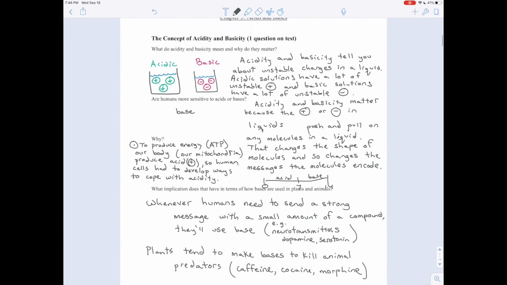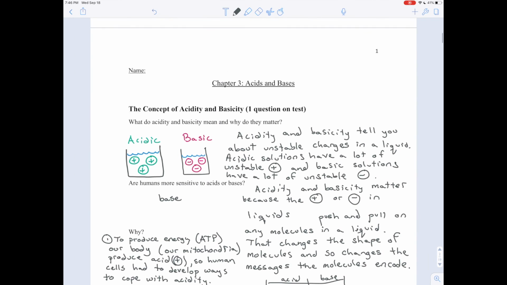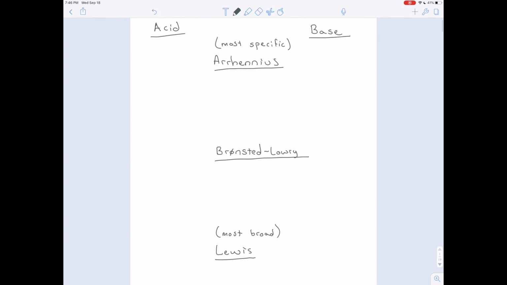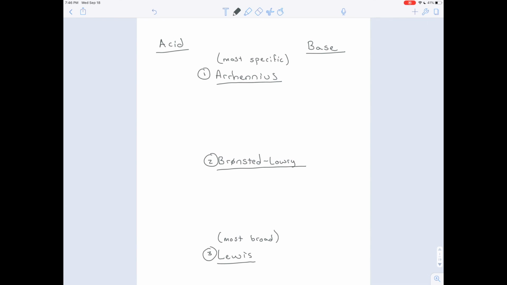And just to review, here we're talking, with acids and bases, we're talking about positive and negative charge. If that doesn't seem familiar from a general chemistry class you took, let's quickly review how you'll recognize acids and bases in a molecule. Now, if someone were to ask you, what is an acid, what is a base, it's kind of a trick question because there are 3 different definitions for this. Originally, an acid was just anything that tasted sour, and that was the case from Roman times all the way until the end of the 19th century, the end of the 1800s, when a